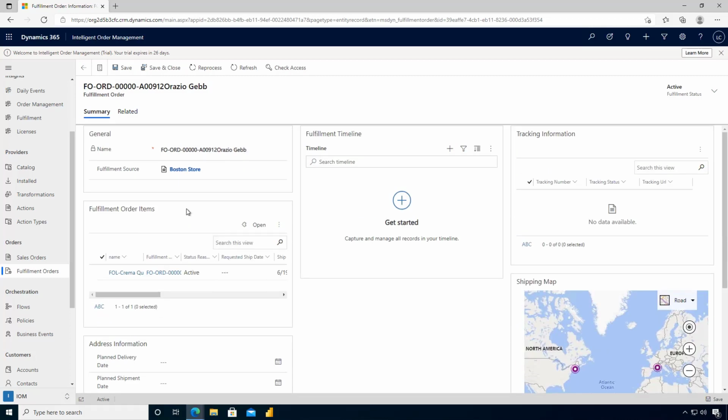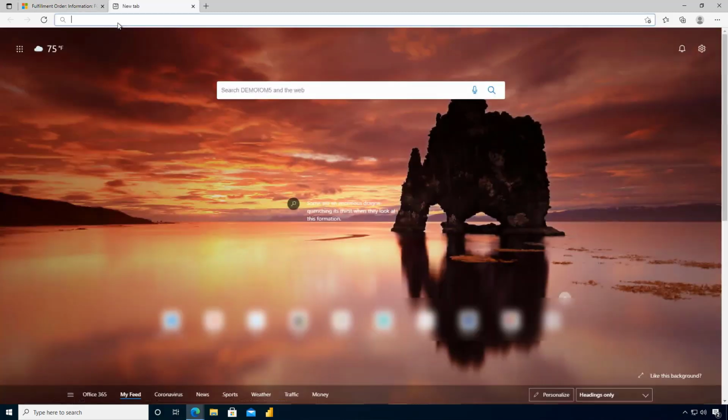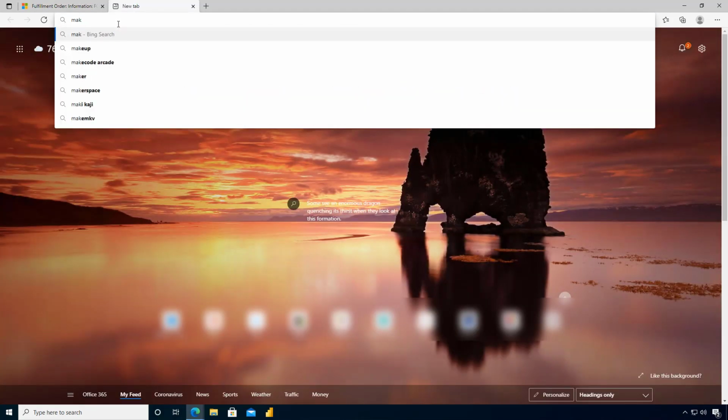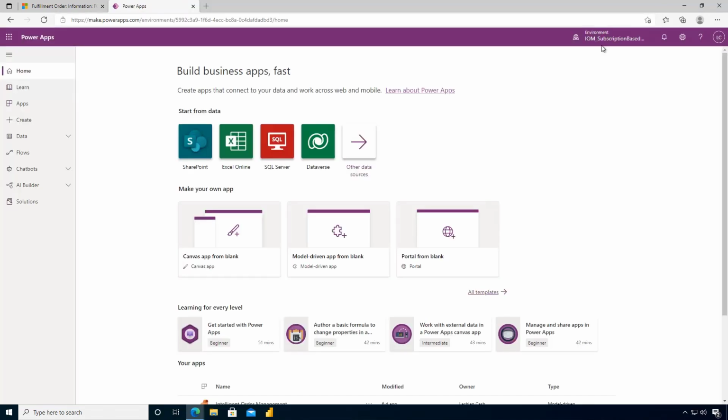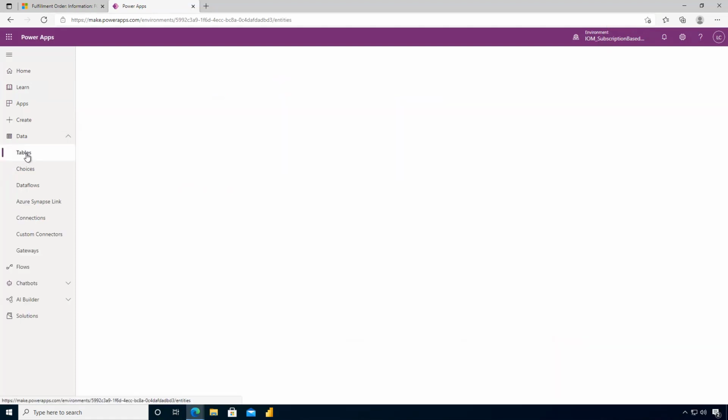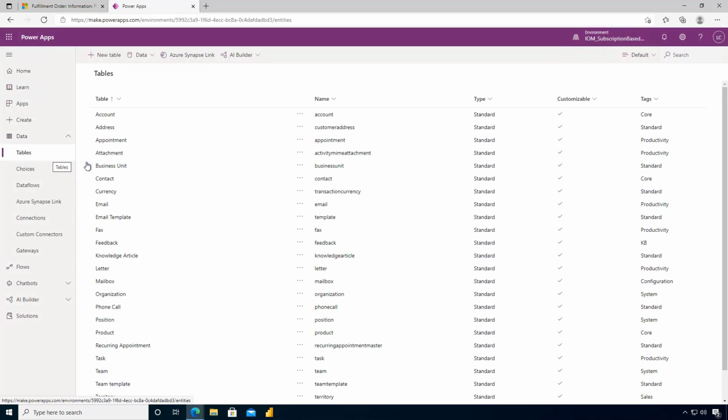Now, if we are an administrator, we can go across to the Maker portal. So I can go to make.powerapps.com, and I want to make sure I'm in the environment that we've installed in. So this is my trial environment. I can go to data and then tables, and so these are the underlying entities